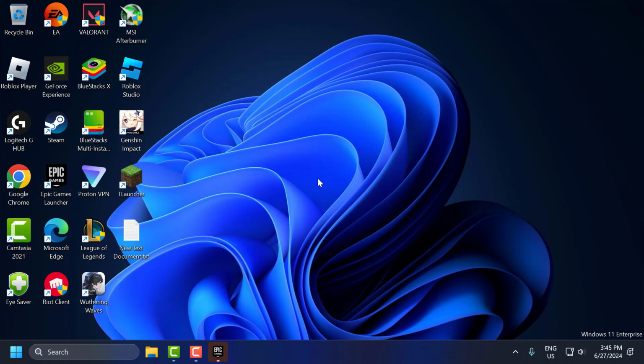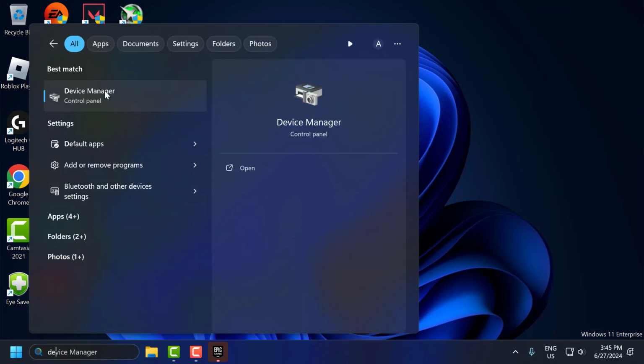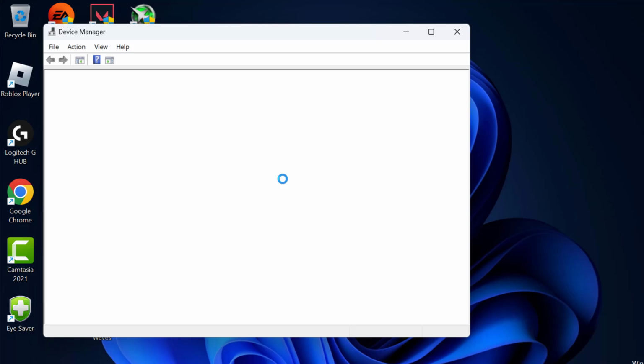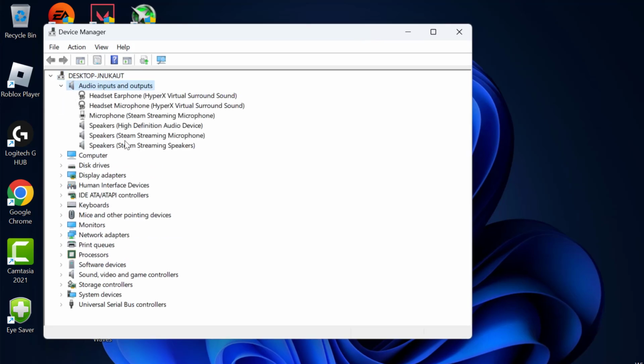If the problem is not solved, let's move on to the third method guys. Third method, you just need to go to the search menu and type device manager, click on open it. You just need to expand the audio inputs and outputs. In here you just need to right click on your headphone